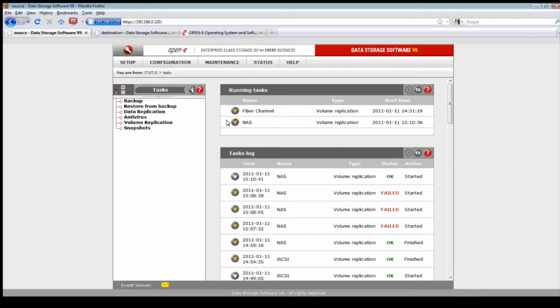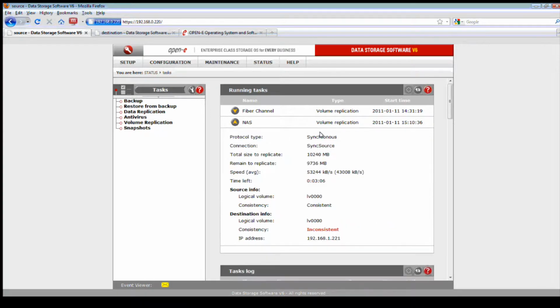Come on, hurry up. There we go. Let's try again. We set source for LB00, and destination set for destination. Task has been created. Let's try it again.